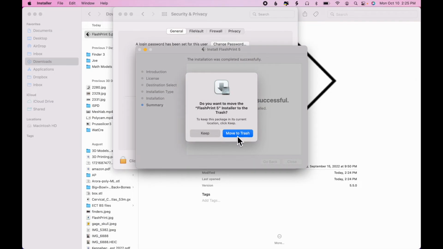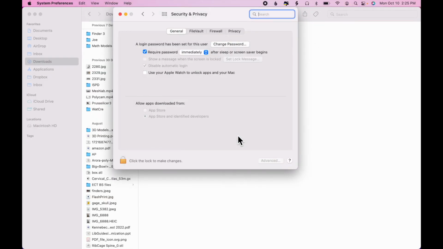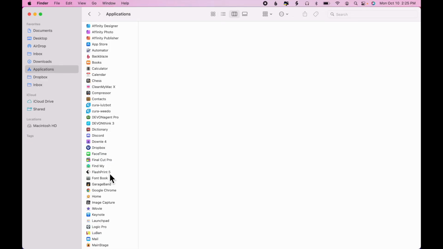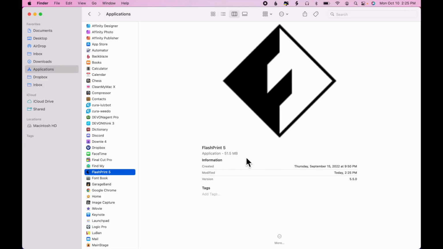Now I can move the installer to the trash, and I can quit System Preferences. You'll notice that the package is no longer in Downloads, but if I click on Applications, I now have FlashPrint 5 in my software list. If I double-click FlashPrint 5 to open it,